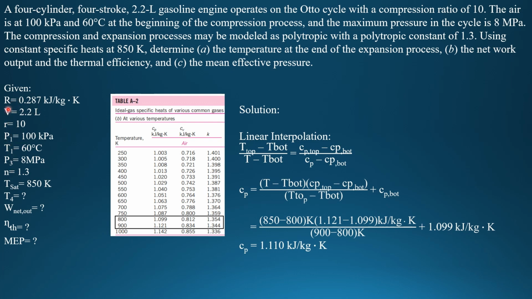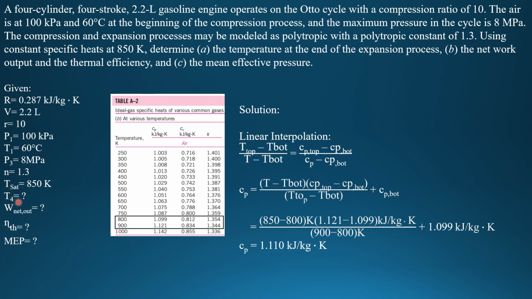So we have here the gas constant of our air that is equal to 0.287 kilojoules per kilogram Kelvin, the volume of our piston that is 2.2 liters, the compression ratio that is 10, the pressure at state 1 that is equal to 100 kilopascal, temperature at state 1 is equal to 60 degrees Celsius, the pressure at state 3 that is the maximum pressure 8 megapascal, the polytropic constant that is 1.3, the Tsat or the saturation temperature that is 850 Kelvin. So we will be finding